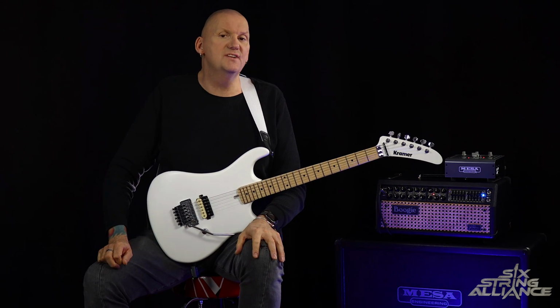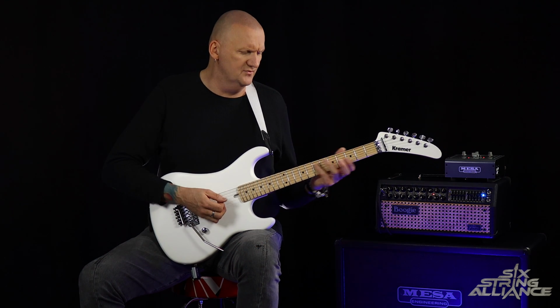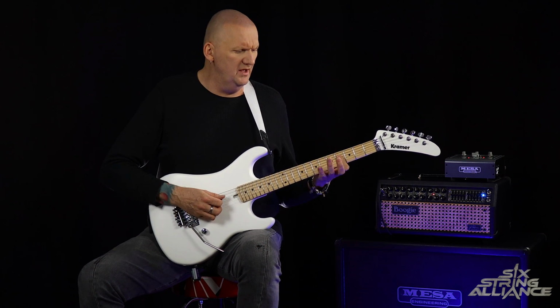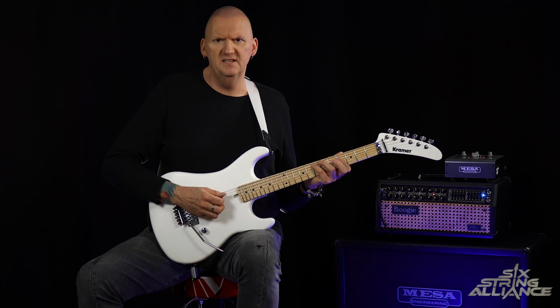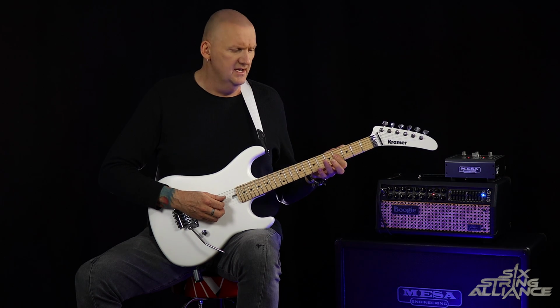Now we're into the chorus section. For the chorus section, we're following the chords. I haven't transcribed this riff, but it's quite interesting. You're playing a B, it's like a B sus to a B major, but the sus and the major third are in the bass. So you play